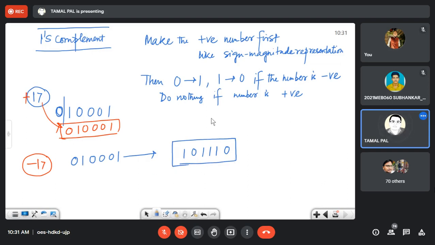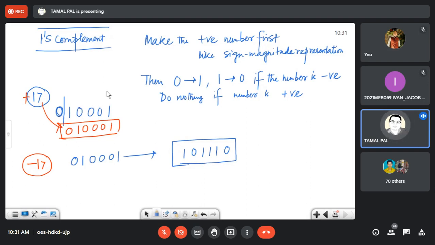Any doubt in this procedure? Sir, once again. Once again, okay. So whatever the number, you have to make the positive sign magnitude representation of it. That means you will place the value, and on the left of the value, you will place the sign